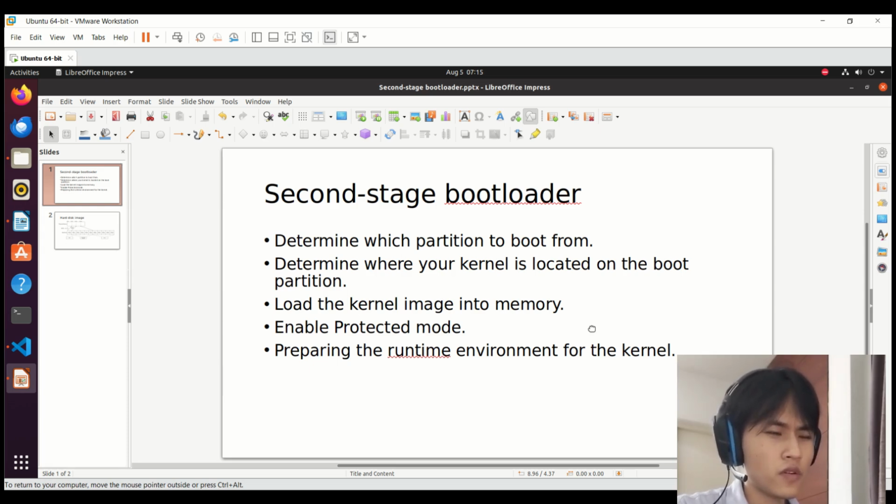Protected mode is the main mode the CPU runs in and it unleashes the CPU's real power, like enabling virtual memory, and we no longer have the limitation of 16-bit mode, so we can access many more addresses after that. After that, we have to set up the runtime environment for the kernel. Finally, we just pass control to it and jump to our C code.